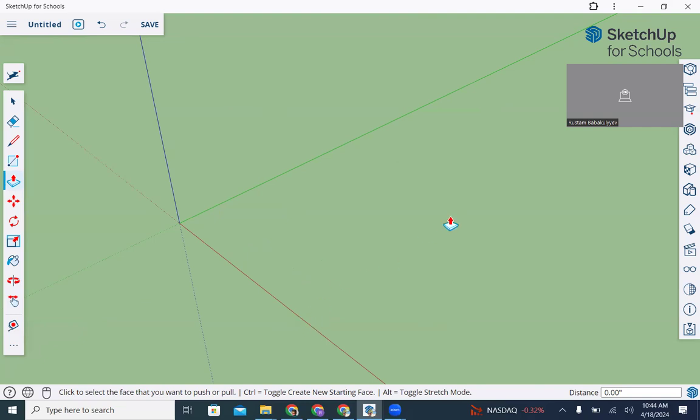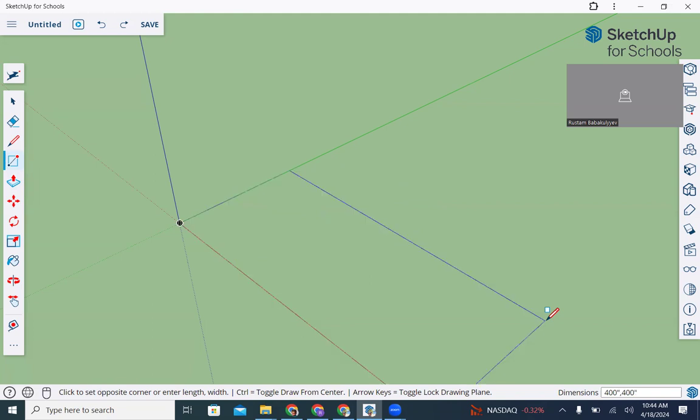Now, what we're going to do next is we're going to make, let's say, a 400 by 400 square table. So how am I going to make 400 by 400? You start the rectangle, and then you type the measurements. We did it before, remember? So it's going to be 400 inches, comma,